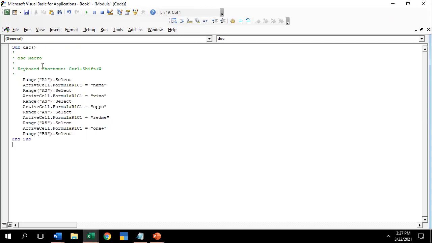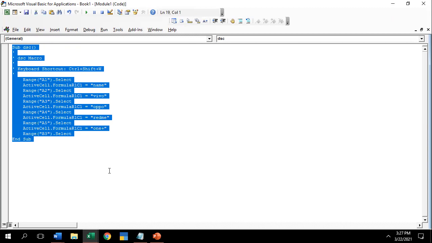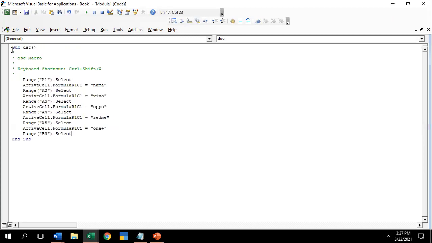Once you click on Edit, it opens a programming view. This is a program, Visual Basic for Applications. You create your data through a program. When you start your macro, it is recorded like this: Sub, and it ends with End Sub. So this is a Range, the cell A1. It is selected and the active cell is set with a formula. Whatever data I write has to be displayed like this.